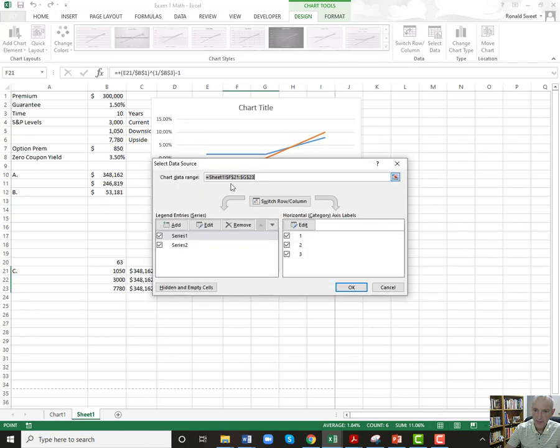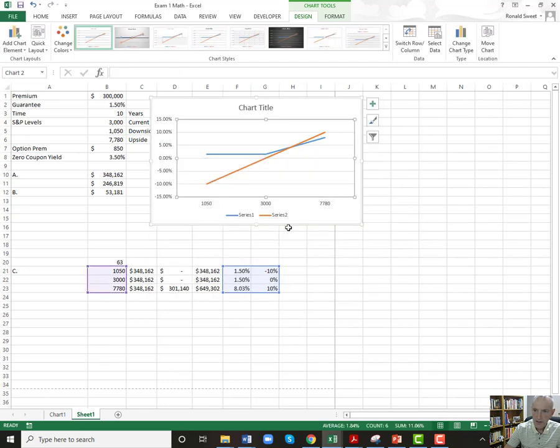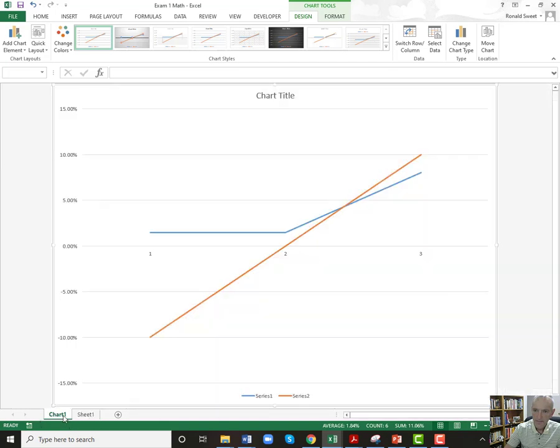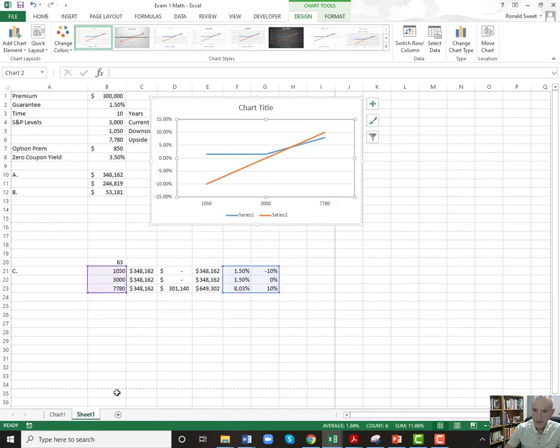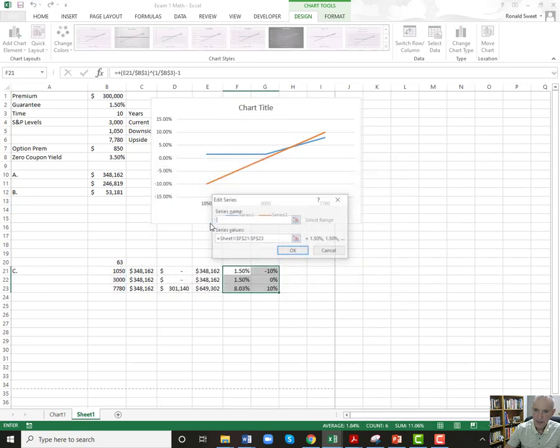So we can select data. We want to edit the x-axis and put in the reference to the S&P 500. And so when we do that, you'll see that we have this chart here. And the orange line, and you can put labels in there. It would be really good to put labels in there. So the orange line is the S&P 500